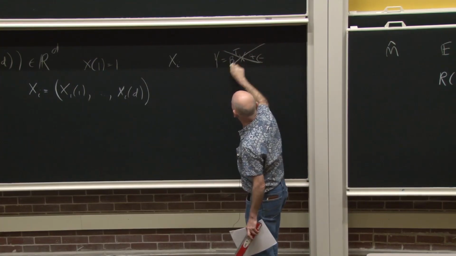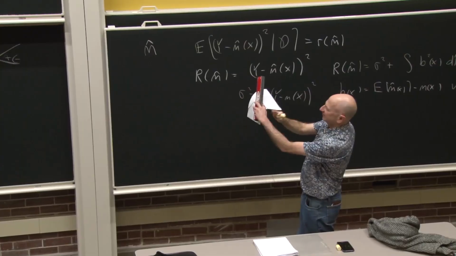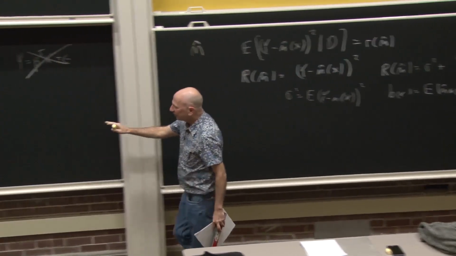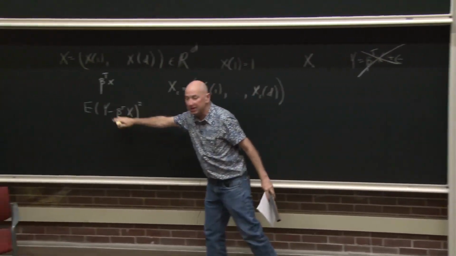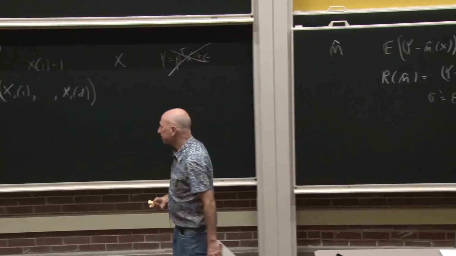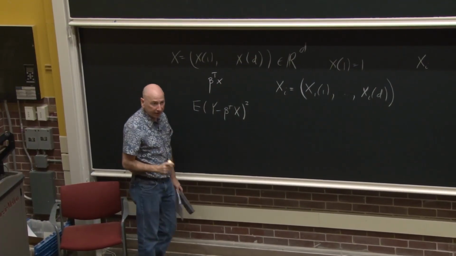We don't allow that in this class. Don't do that. That's evil. All right. We are doing, though, the best linear predictor. What beta minimizes this? And we did do that in 705. I'll remind you what the answer is. The best linear predictor, in other words, the beta that minimizes this population quantity,